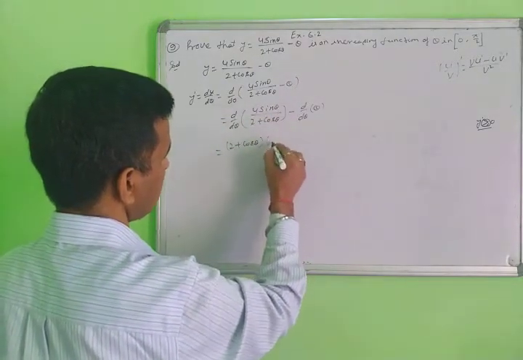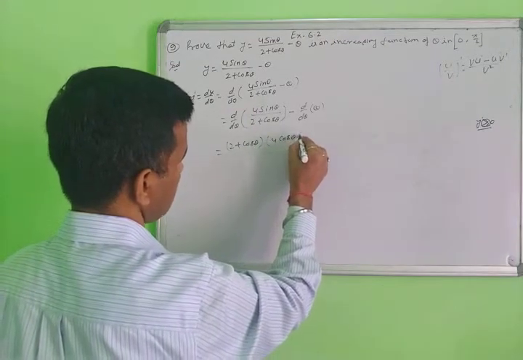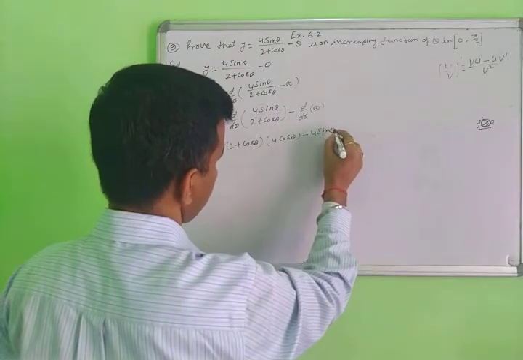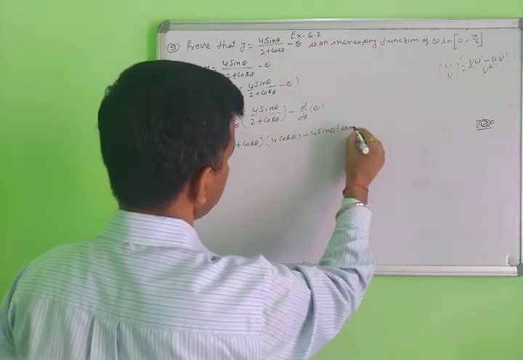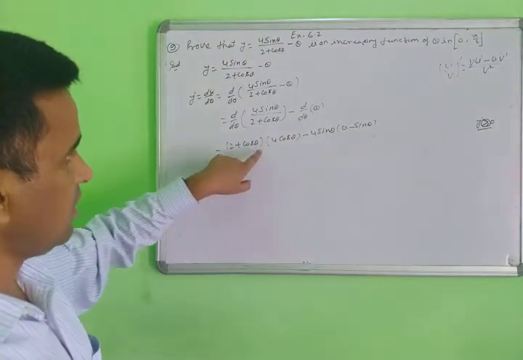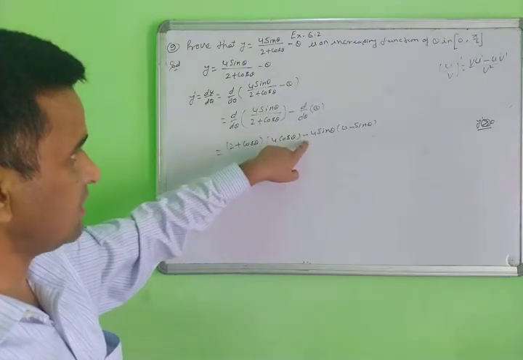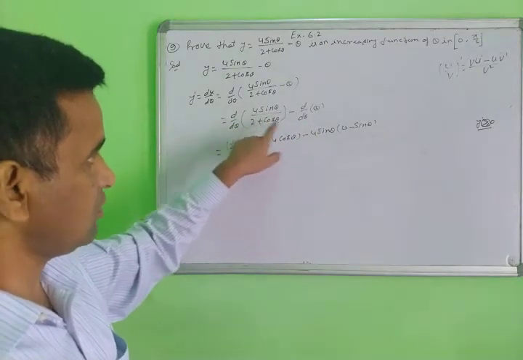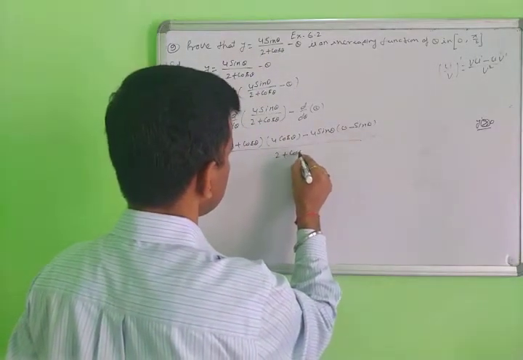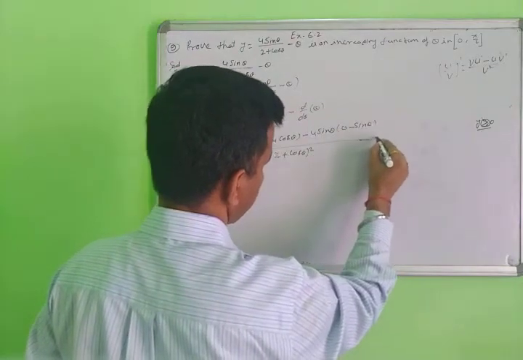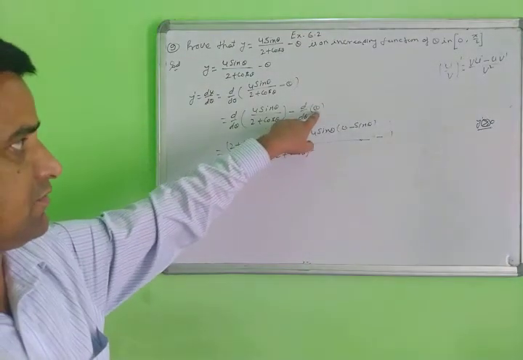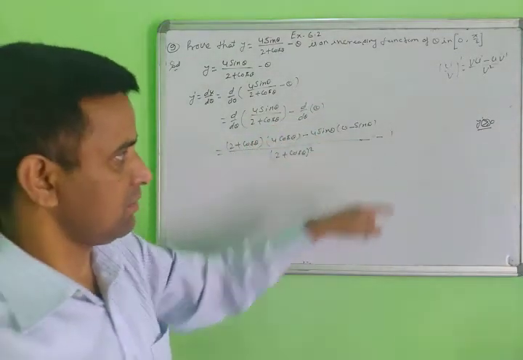Now using this idea, 2 plus cos theta times the differentiation of this part, which will be 4 cos theta, minus 4 sin theta, the numerator written the same here, times the differentiation of this part, which is 0 minus sin theta. First write the denominator, the differentiation of this part, minus the numerator the same, and the differentiation of this part. Then 2 plus cos theta whole square, and minus theta, whose differentiation with respect to d theta comes to 1.